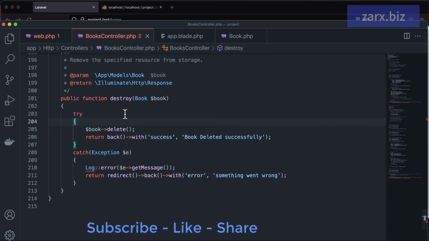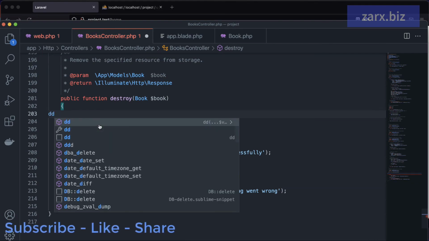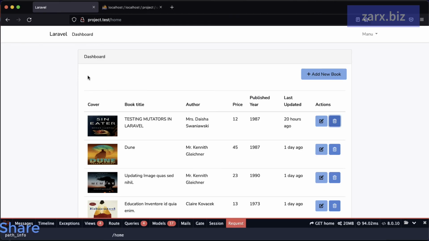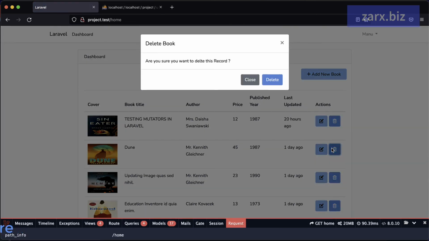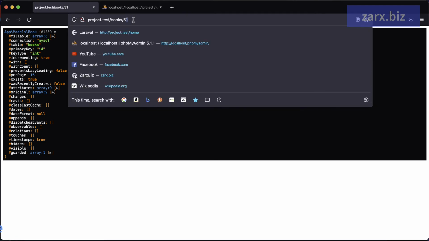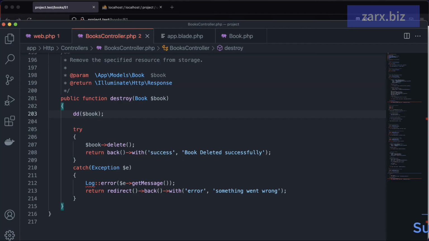So for example, if I simply say DD, and we are getting the $book here. I'm going to pass this here in DD, and we are going to see what happens. So I go to the application. Here we say we want to delete this one. I click yes. Now you see here we have the ID that we are passing, and here we have the complete book model. So this is the concept of